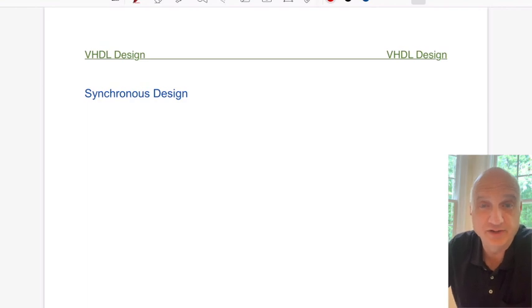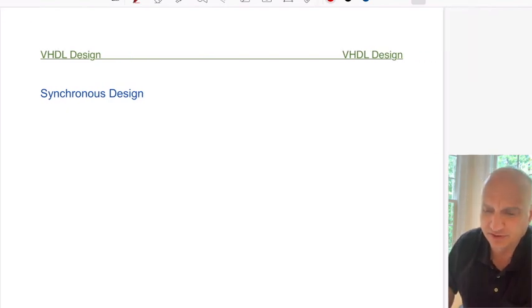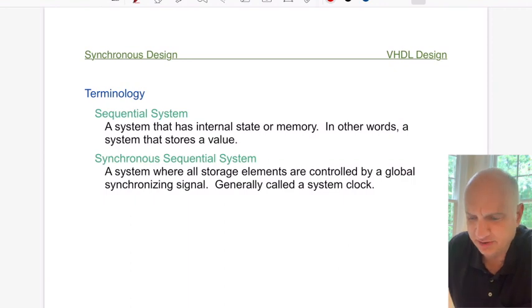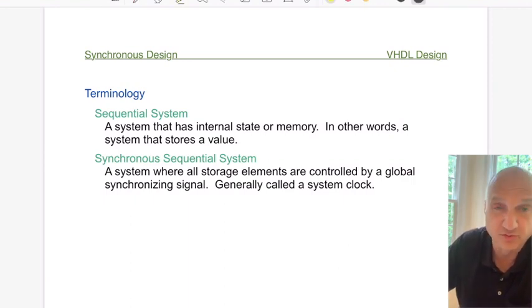Welcome back, everybody. We're about to talk about something that is incredibly complex and incredibly important in the VHDL design world, and that is synchronous design. Before we get started on the path of talking about synchronous design, we got to talk about some terminology first. So let's hit that terminology and see if we can understand what these two terms, the two most important terms,